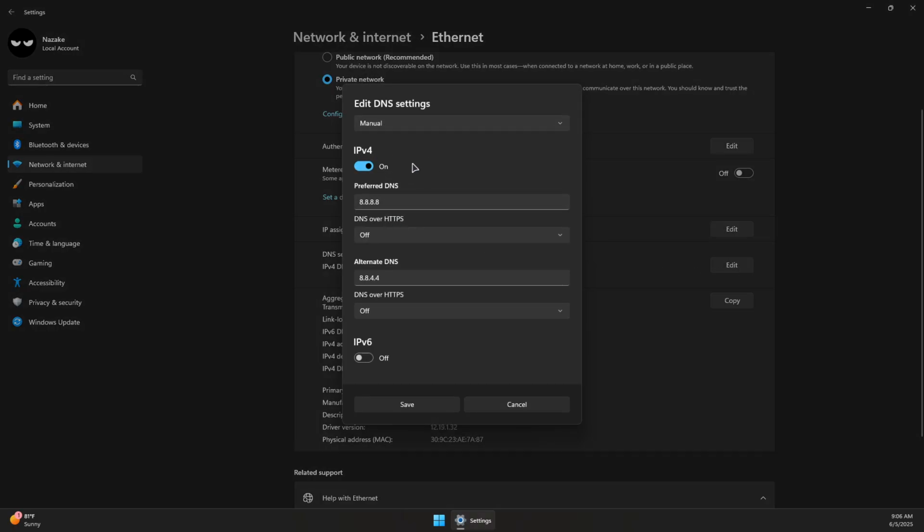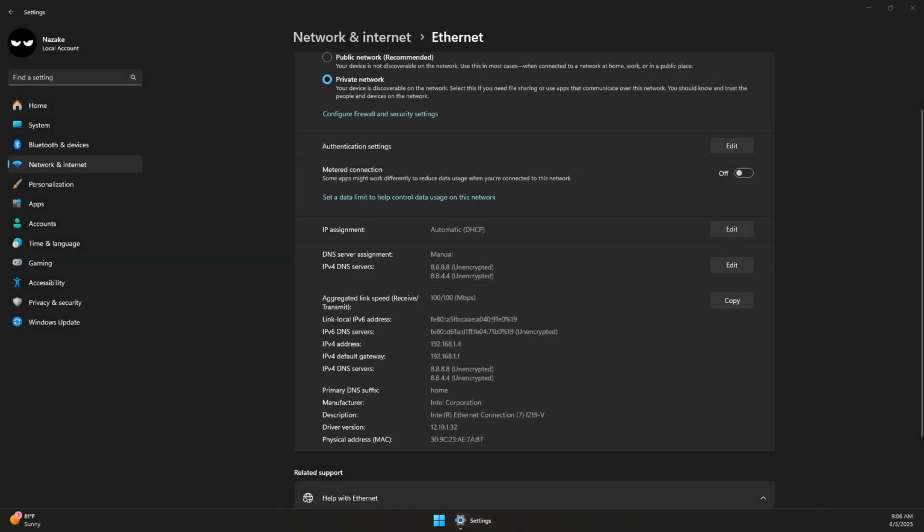Now you want to use the following DNS, make sure it's manual on the top for the DNS settings and then IPv4 is enabled. Then you want to use 8.8.8.8 for the preferred DNS and then 8.8.4.4 for the alternate DNS. And then press save. Next, we want to check the firewall settings, so you can type on the search bar here firewall